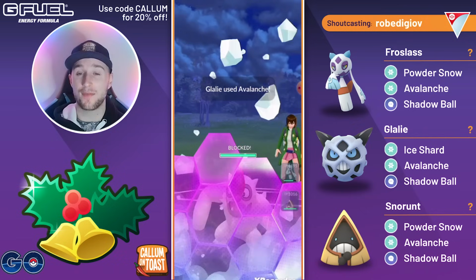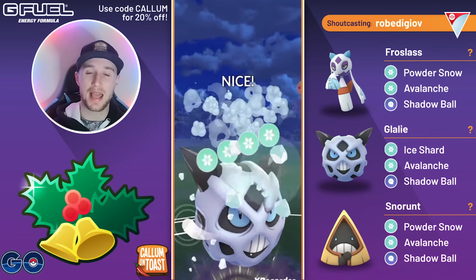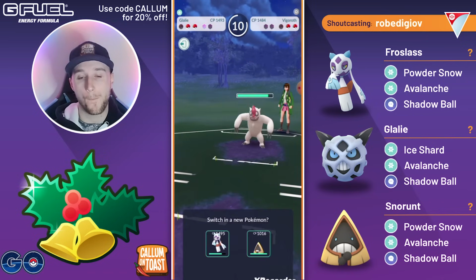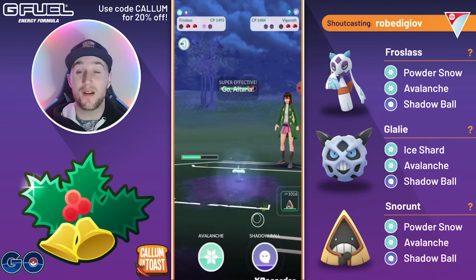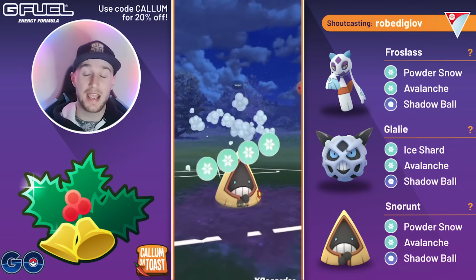But we're going to go for an Avalanche, grabbing a shield from the opponent, and we make it to a second Avalanche with the Glalie. That is massive for us, grabbing both shields from the opponent. Now we've just got to be careful here because the opponent does have a decent energy advantage. They swap, they try to catch the move, and really good disciplined gameplay there, preserving the energy on our Frost